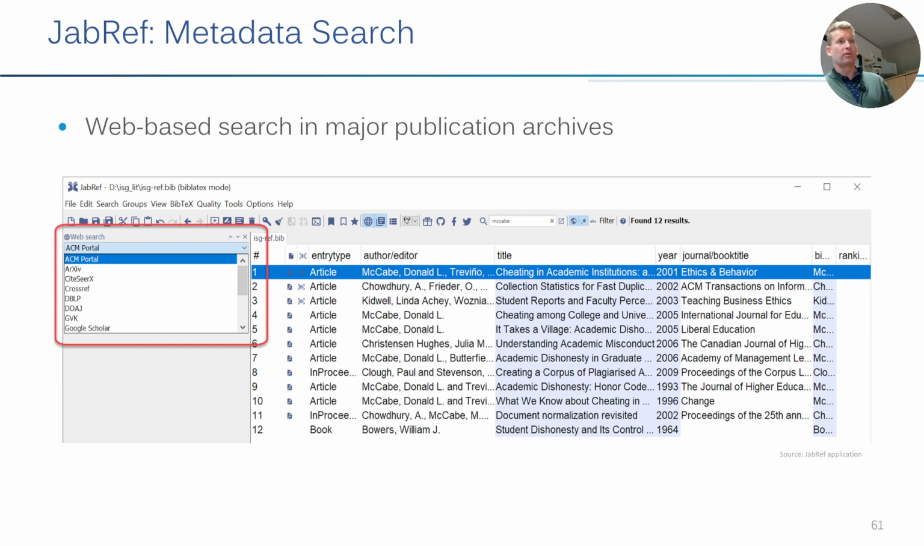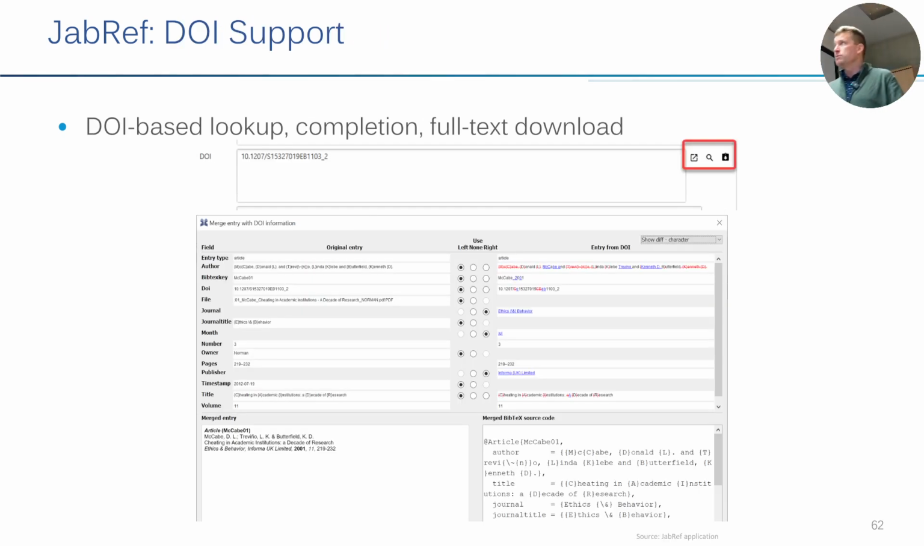Saves you some click work to go to your browser and search for papers. They also have the DOI-based lookup that I explained, built into their tool. So you can use this functionality of entering a DOI and finding the metadata. And what is cool about JabRef is that they allow you to do a diff